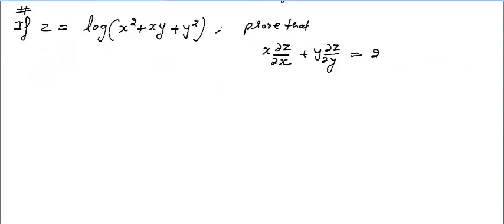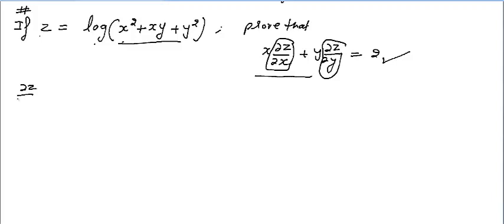See this question, we have given z is equal to log of this, and we want to prove this is equal to this. In the left hand side that we want to prove, you have a derivative of z with respect to x, and z depends on two variables, that's why it is a partial derivative. To take the left hand side, you need to find these two values, ∂z/∂x and ∂z/∂y. I am not going to find them with the basic definition, I am going to find them directly. So you must listen very carefully to how you find the derivative of z with respect to x first.